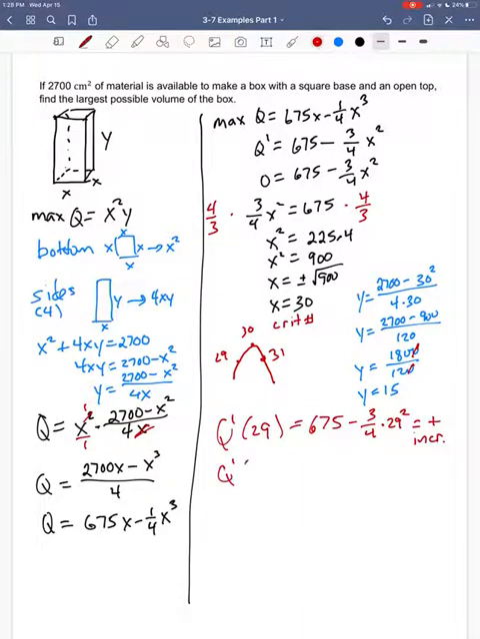However, if I do q prime of 31, now 31 squared is a little bit bigger than 30 squared. So this is going to end up being a little bit bigger than 675, so that's going to be a negative number. But again, you can check it on a calculator if you don't believe me. So I had an increasing function and then a decreasing function. That means 30 is actually the maximum. So the maximum occurs